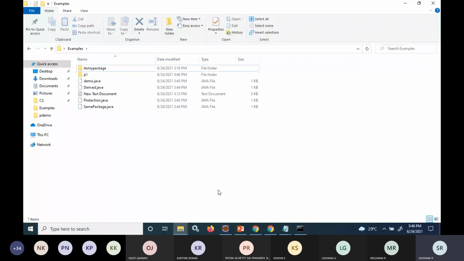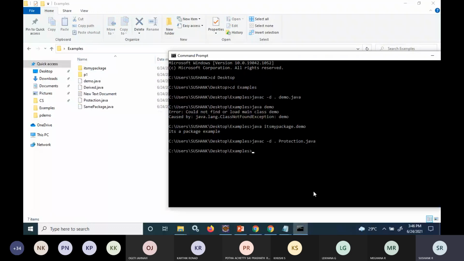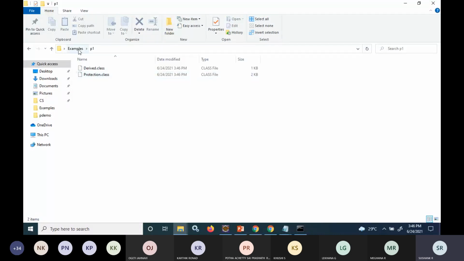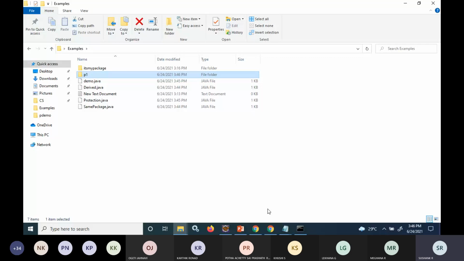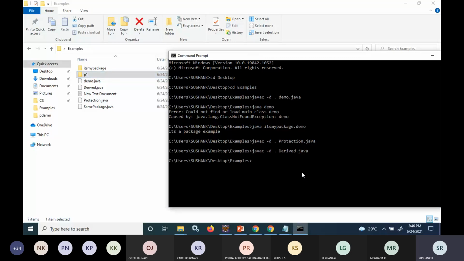After this, protection.java is done. I'll compile one more file, derived.java. Once this is executed, inside this you can see derived.class is being created. Similarly, one more file is SamePackage.java.